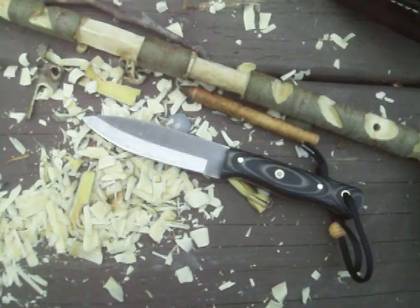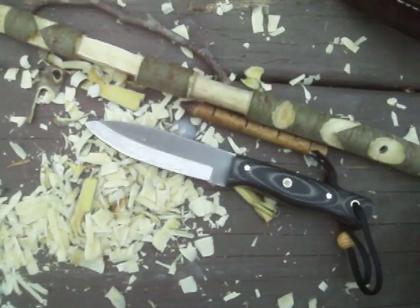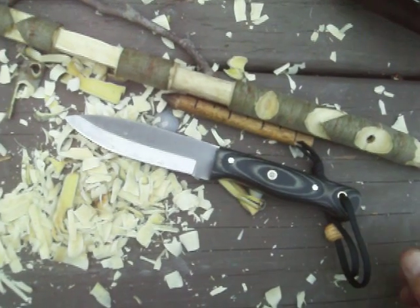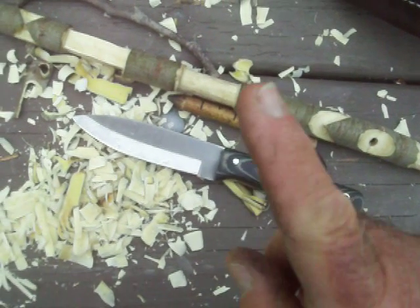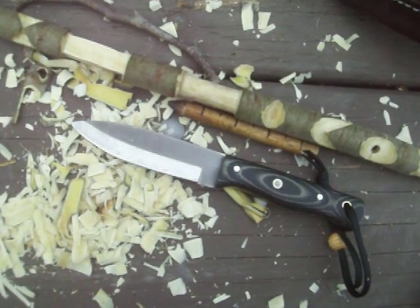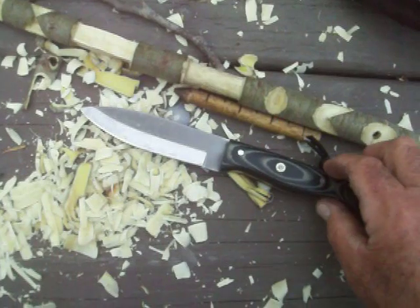But again, I go back to what I always say: any knife will do if you will do. You have to develop the skills to make them work. It's on you. The knife is just a tool. It's what you bring to the job that makes it work. So there you have it, Rising Crafts